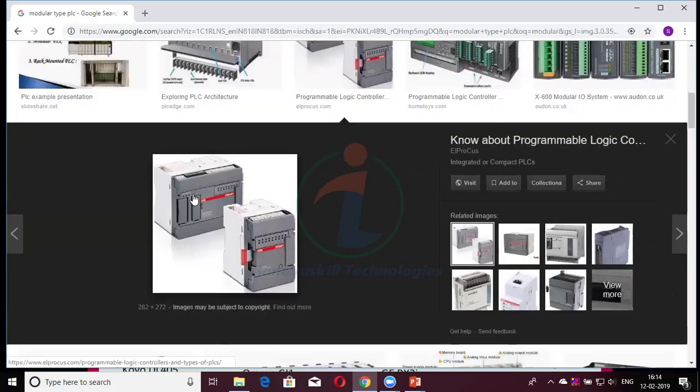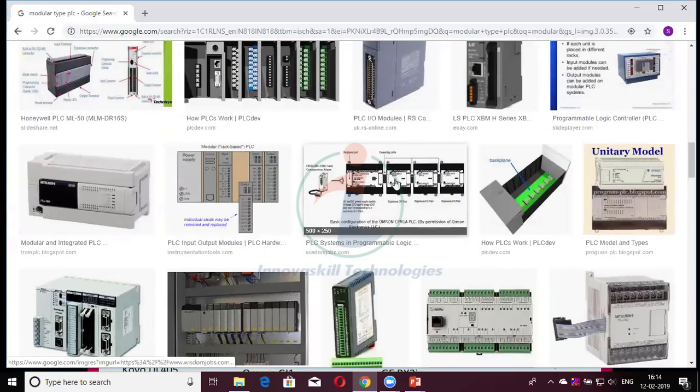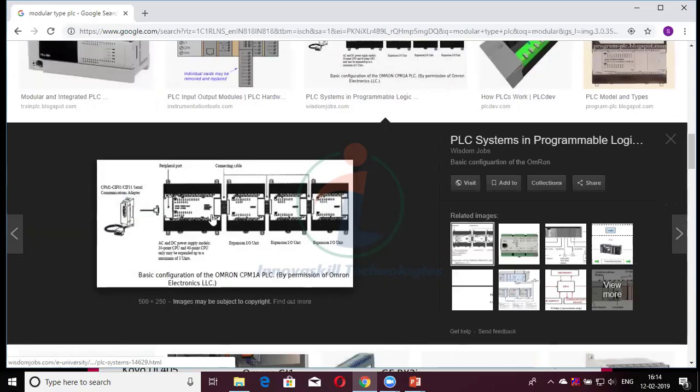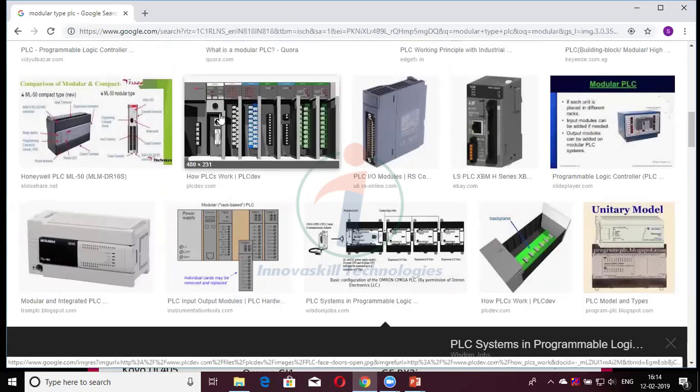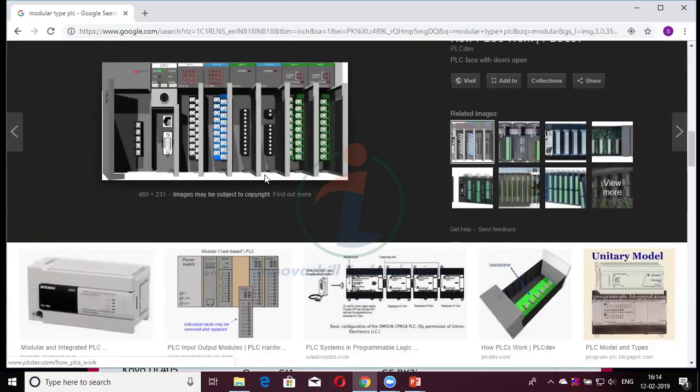After that, what will happen? If you want to increase it, you can increase like this. This is the PLC. In the PLC itself, you have some inputs and outputs. Everything will be here itself. But in rack type, everything will be separate. Power supply will be separate and can be removed separately. CPU will be separate and can be removed separately. Input, output can be separately removed from the base plate. It is just attached to the base plate.